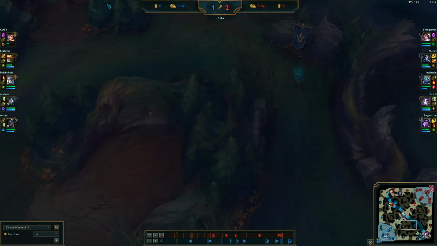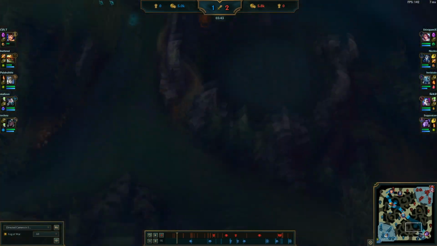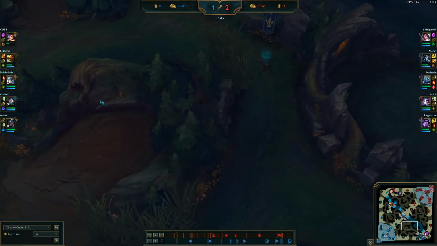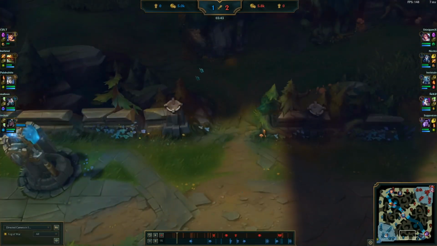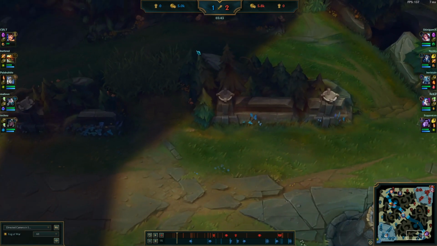You can just wait for this to respawn, and in that time you can take his Krugs, then gank bot through here. If you use good wall hops, like you can hop over this wall, so you won't get spotted if a ward is there, and then you can wall hop over here again. Make sure you don't get seen by the waves passing, because they do spot you if you're standing around here on my mouse. So you can just wall hop over here, take it, wall hop back, take Raptors, or just go straight to bot, because